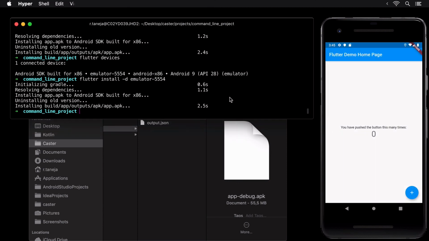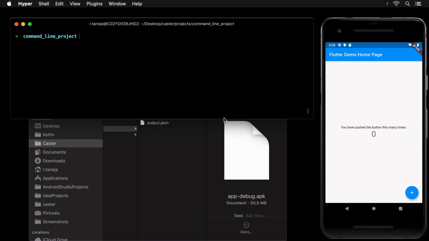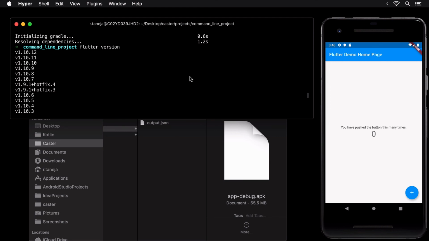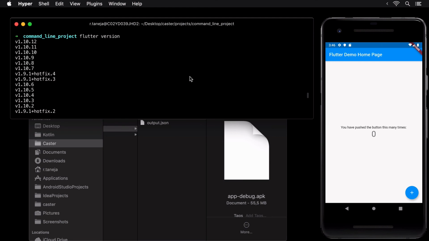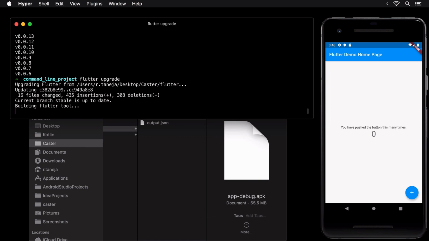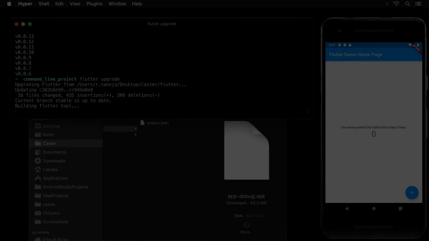To check a list of all available Flutter versions, use the flutter version command. Here, we can see that there is a newer version available than the one we are on, as checked earlier. On running flutter upgrade, the SDK gets upgraded to the latest stable version of the SDK.